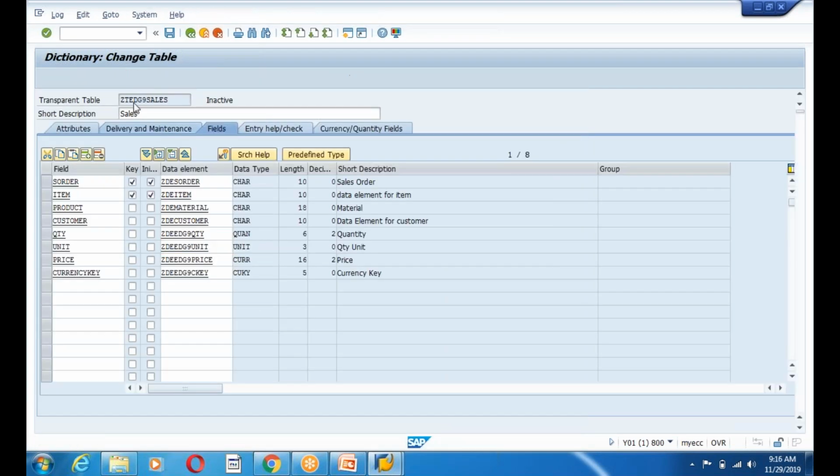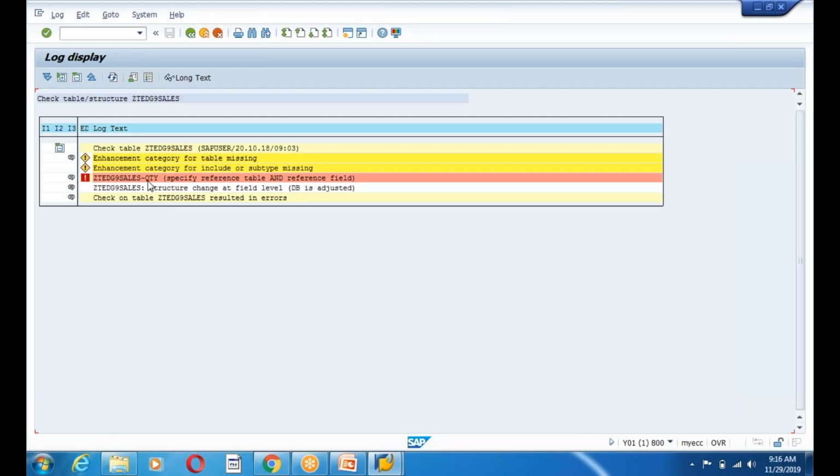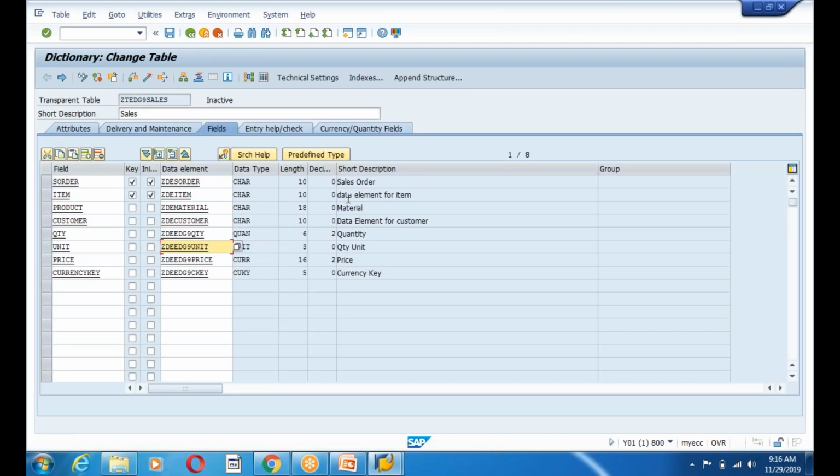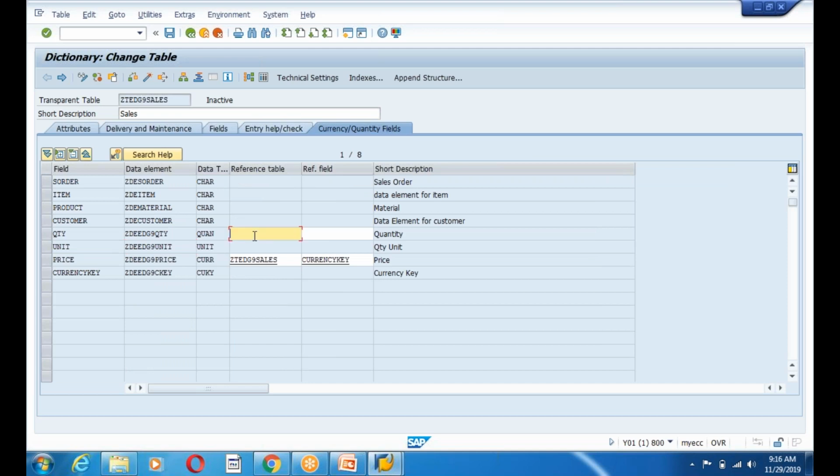And guys, do the syntax check. And guys, for quantity, specify reference table and reference field for the quantity as well. So if you want to provide a reference field and reference key, you need to go to the currency quantity field. See, it is in editable mode. Take this table, and what is the reference field for the quantity? Unit is the reference. Yes, that's it. Okay, unit is the